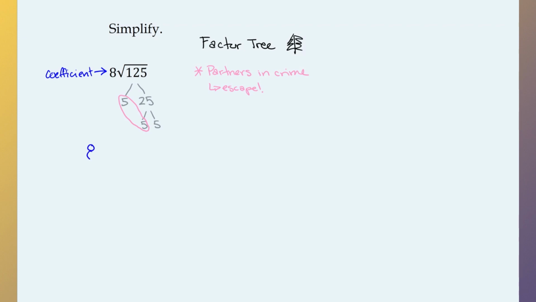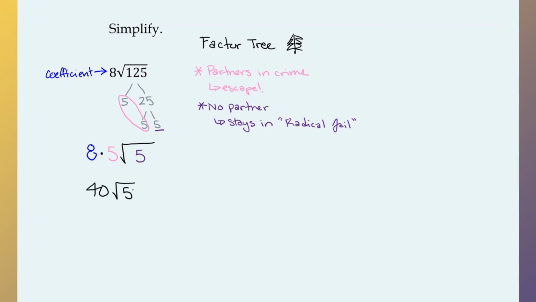So the coefficient, as I mentioned, is staying out front, and then we're going to multiply it by that pair of 5s that escaped. And then inside of our radical jail stays any numbers that don't have a partner. So if they have no partner, in this case, we have that one lonely 5, and that's going to stay behind in our radical jail. So that coefficient stays out front, the pairs escape. We only got one pair this time. And then any one without a partner stays in our radical jail. Multiply the 8 and the 5, we get 40, square root of 5,